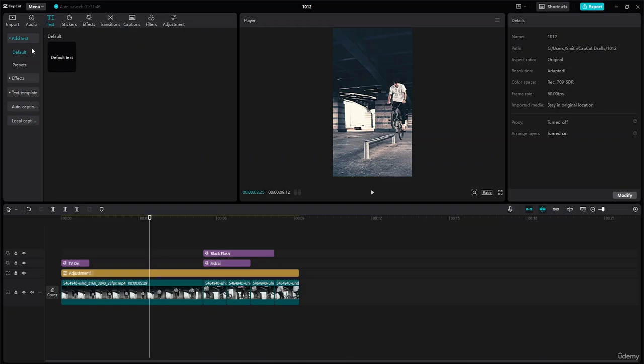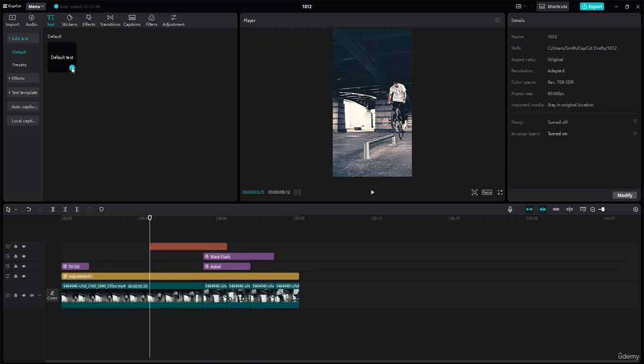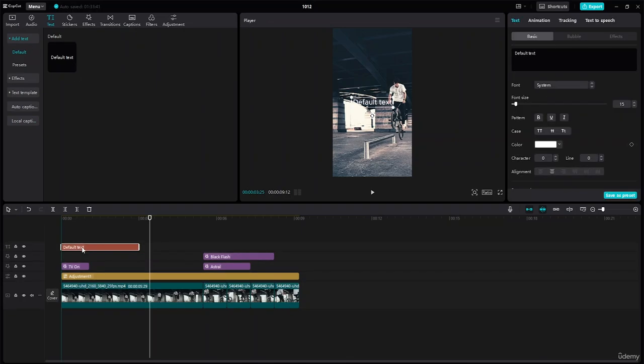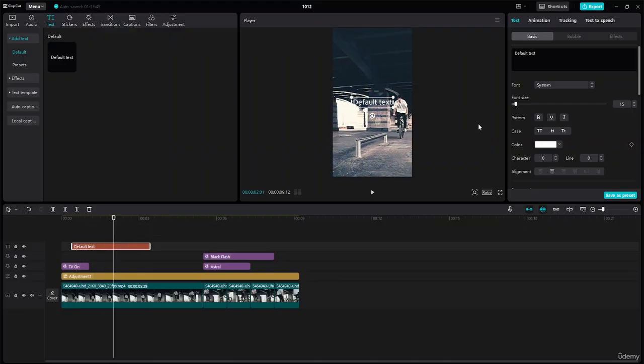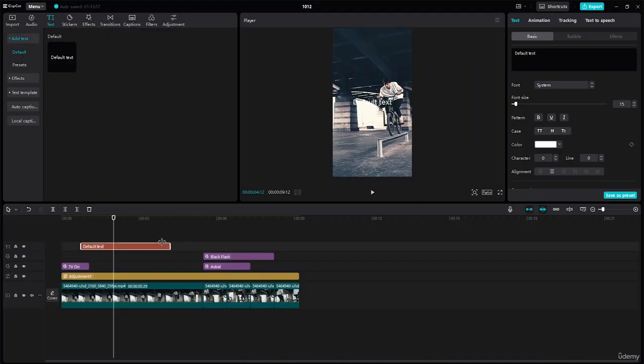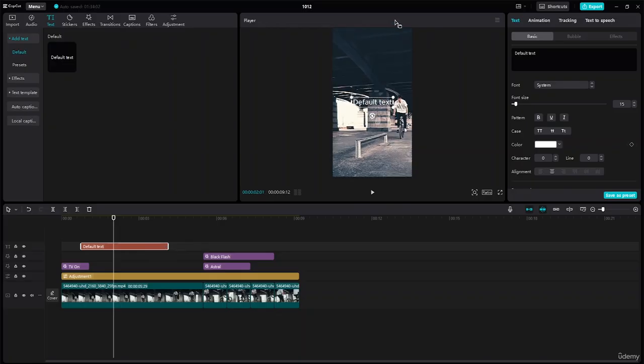So now let me just go with add text, and let's add a default text box. And now I'm going to see how it actually looks. Let me place the text box somewhere here, maybe on top somewhere. In that case, now let's come to this properties panel, and in the properties panel I am going to just type,